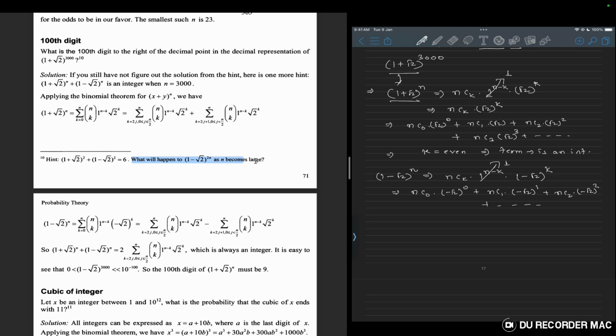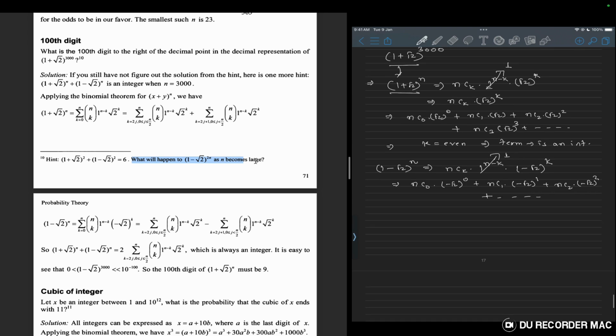Here again, whenever k is even, we get a term which is an integer. And lucky for us, whenever k is odd, not only is it not an integer, the value also has a negative sign,